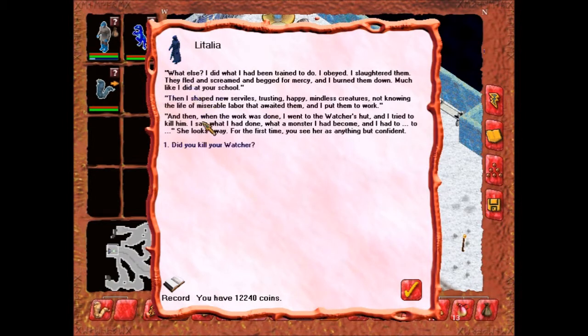So what did you do? What else? I did what I had been trained to do. I obeyed. I slaughtered them. They fled and screamed and begged for mercy, and I burned them down, much like I did at your school. Then I shaped new serviles, trusting, happy, mindless creatures, not knowing the life of miserable labor that awaited them, and I put them to work. And then, when the work was done, I went to the Watcher's hut, and I tried to kill him. I saw what I had done, what a monster I had become, and I had to...